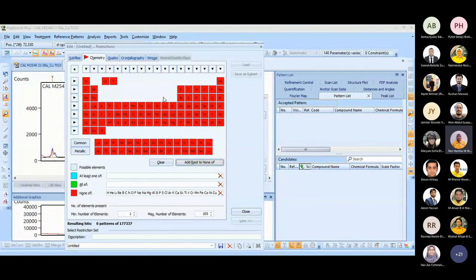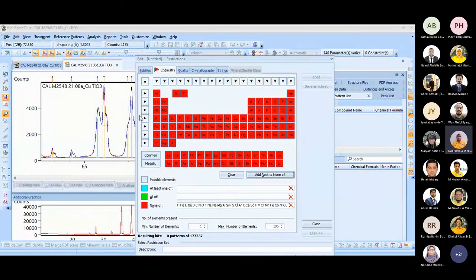So you need to choose what elements are available in your matrix sample. What happens if this is an unknown sample and you don't know what elements are available in your sample? That's why you need to perform XRF analysis first, because from XRF you will get the elements available in your sample. Then, when you receive the XRF results, you can pick